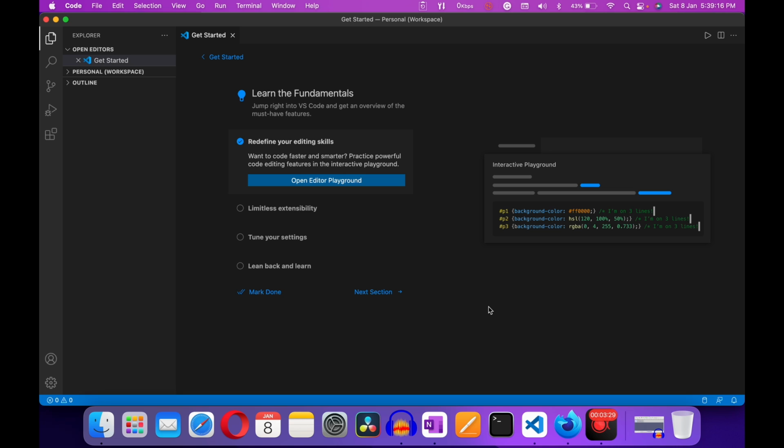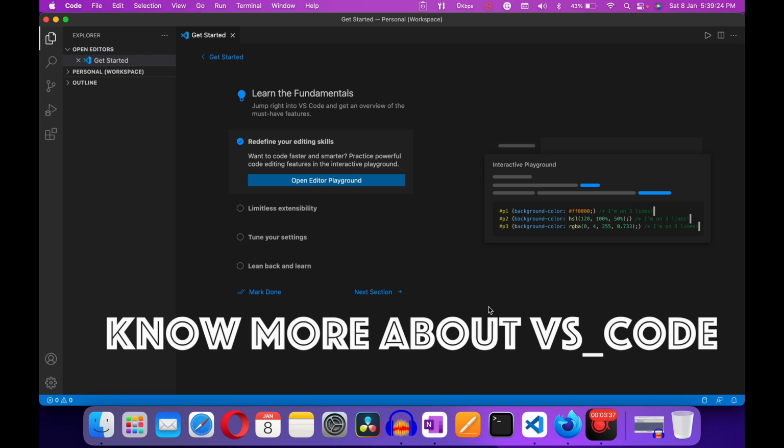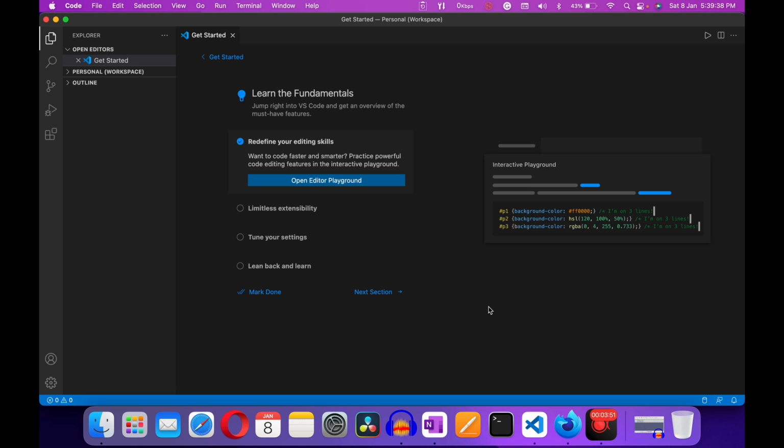Okay, another thing we are going to do in my upcoming videos is get to know Visual Studio Code. So I will show you how to open a project. We will talk about version control, GitHub, and collaborating in real time with Teletype, and also I will show you how you can use this application.